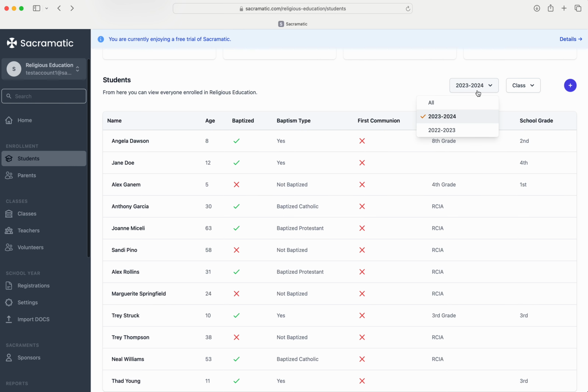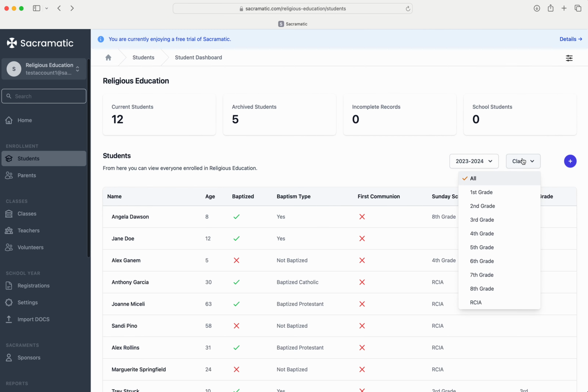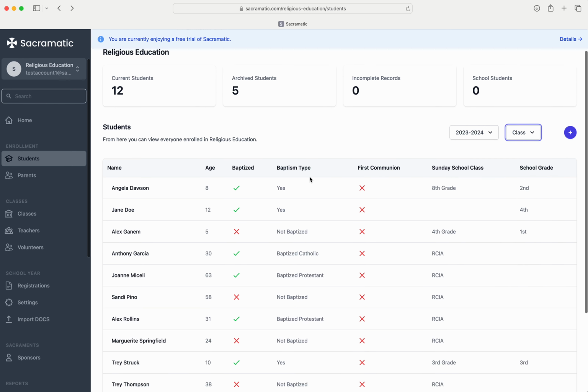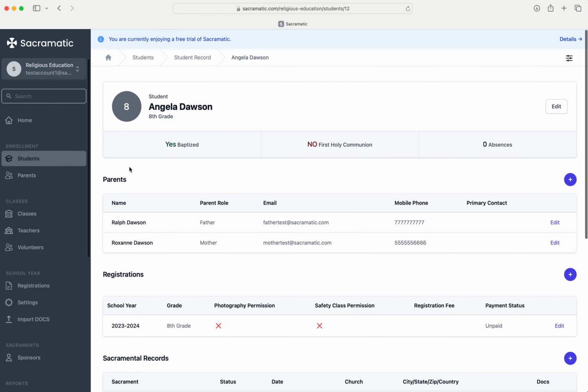You can also use this filter to look at previous years if you need to. And you could also say, I just want to see, for example, 8th grade class, right? Now, these class names are totally customizable. So whatever you call your classes in your religious education program will list here. So from this page, the student page, you can click on any student and go to the view record for